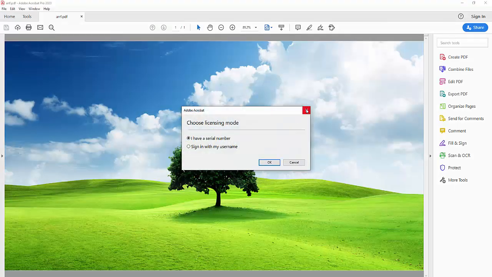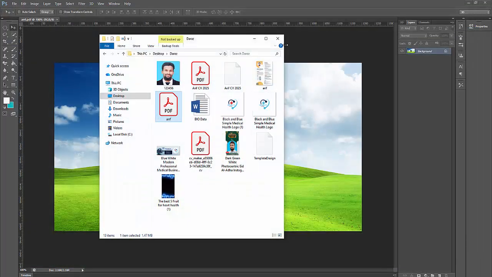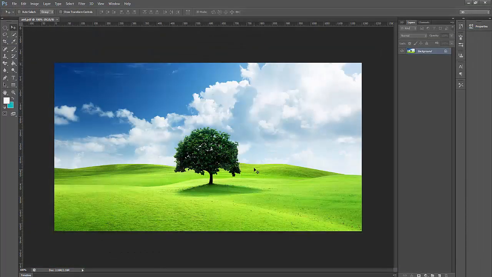Now open the file. Now check it. That's it. Now you can see